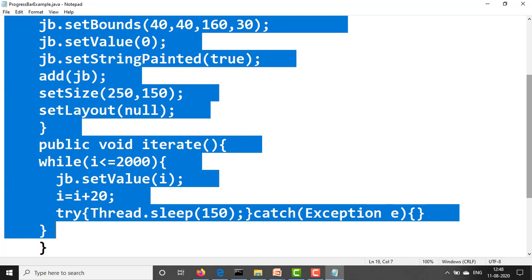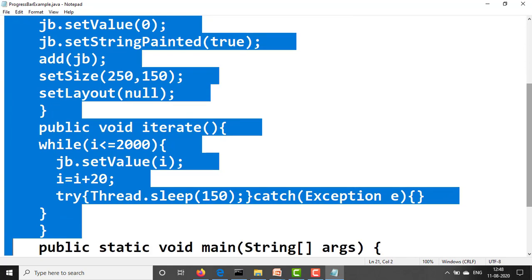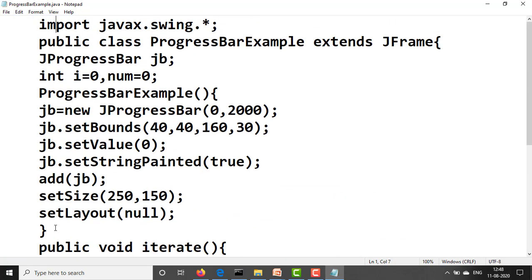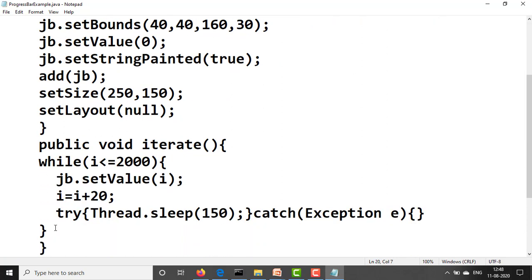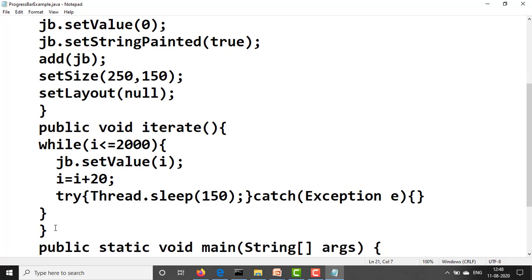Close the iterate method, and this is the curly bracket of the ProgressBarExample class.